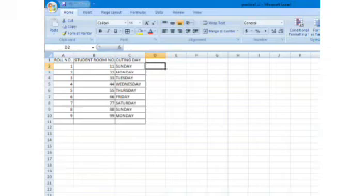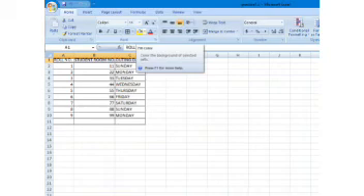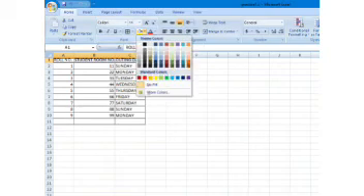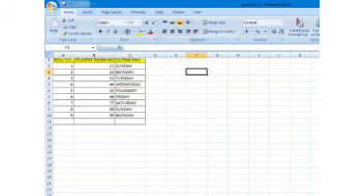Now next we will learn how to highlight the data. What we will do? We will go here. I want to highlight just the topmost title of this data. Here you can go again to the font option, select your desired color this way, and this way you can highlight the title of your data.